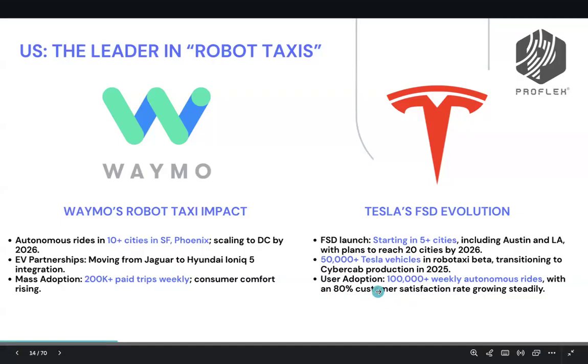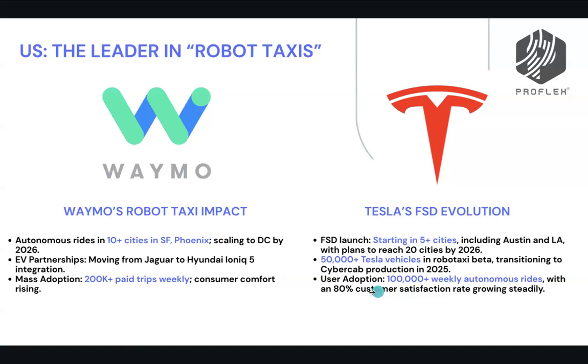Tesla is launching in 5 cities in June. And I personally drive a Tesla, where I never touch my steering wheel or accelerator or brakes. I go from point to point. So FSD is already operational, they are just waiting for regulatory clarity. What I'm trying to highlight here is that in other countries people are doing beta testing. China is still doing very limited routes, where you can only drive on certain streets. In US, we are already seeing these futuristic products in production. They are running at scale.